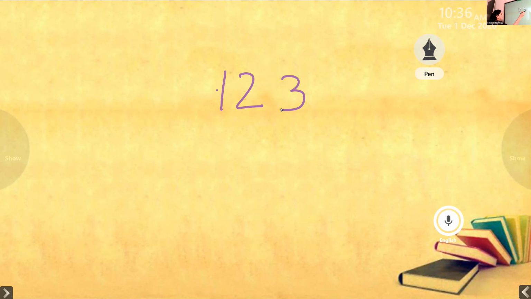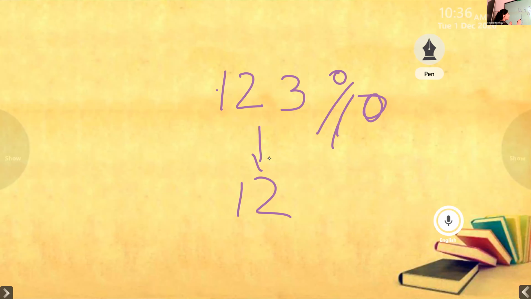Then the loop updation, after doing the mod operation, should change this number to 12, so that in the next iteration you can extract the next digit. If the user enters 123, inside the loop the first operation should be mod 10, and you will get the answer 3.